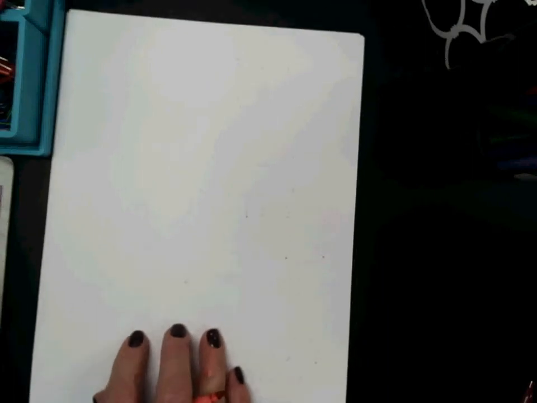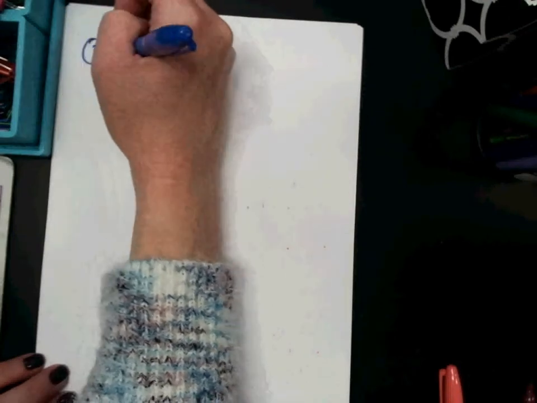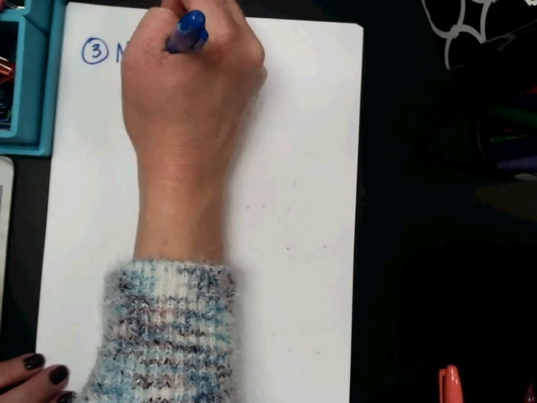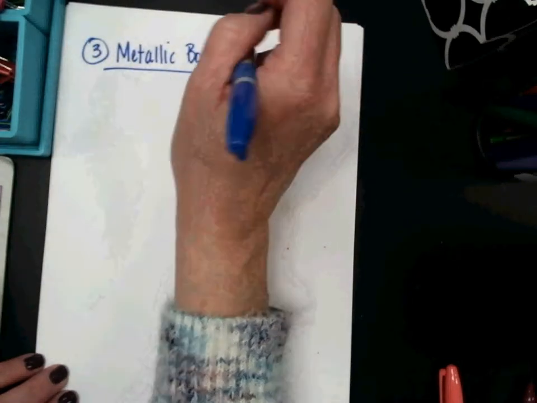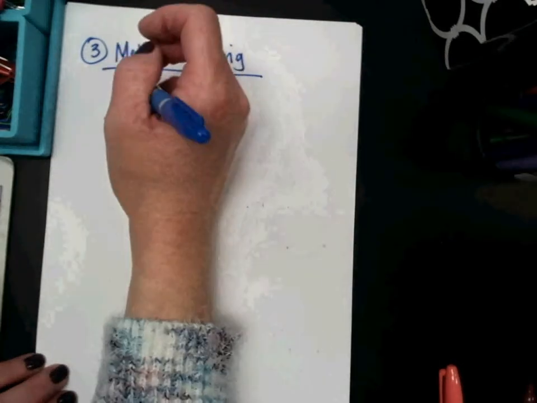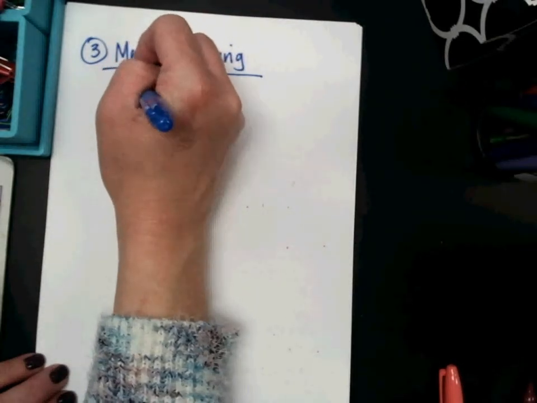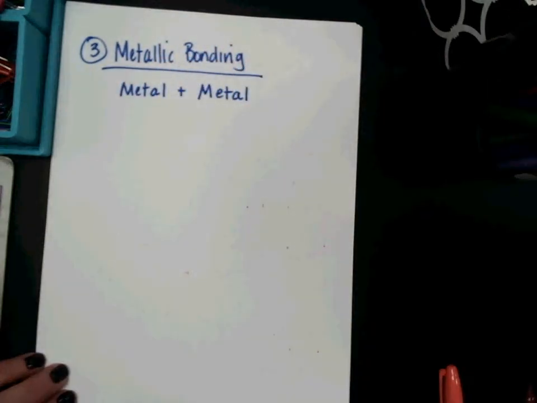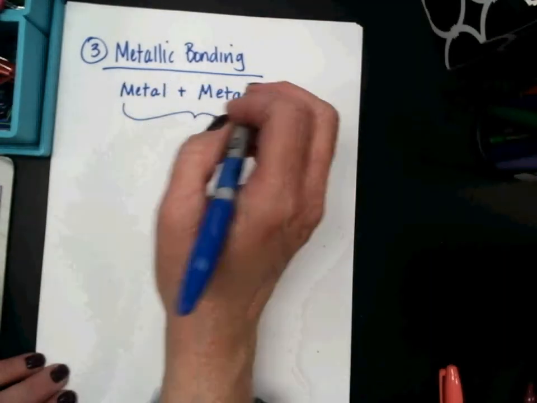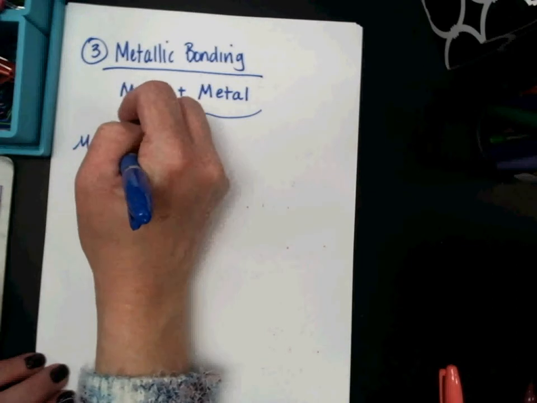Okay, so then let's think for just a minute about the third type. This is the one that in Chem 1 we spend way less time on, so it's the one you guys probably remember the least about. But the third type is metallic bonding. Obviously this is a metal plus a metal, and when I have this type of compound formed, let's say a metallic compound,